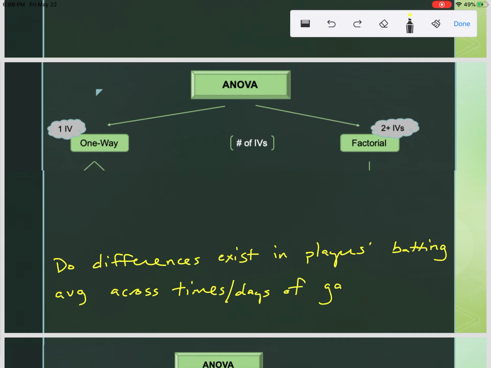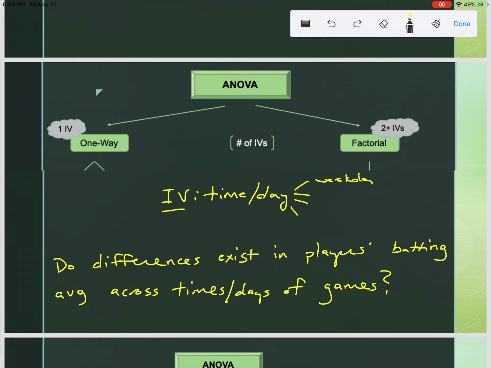So once you have a research question, we're going to break it down. What is the independent variable? What is the dependent variable? Well, my independent variable in this example is time and day. So I have 1 independent variable. Now this is going to have multiple levels. I actually might run this with 4 levels. So maybe I have